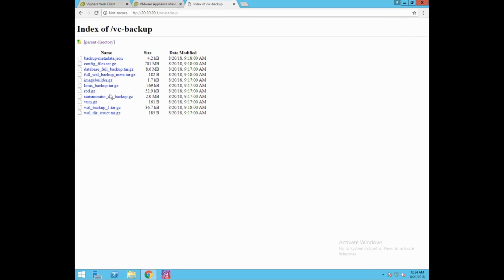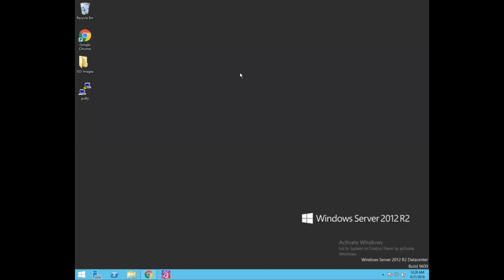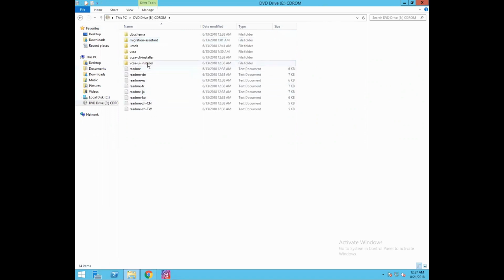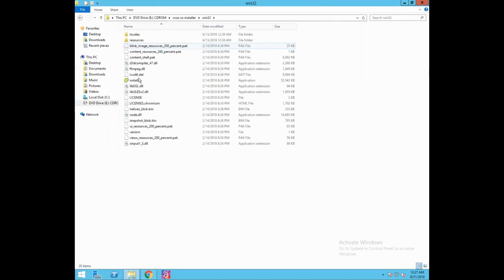Now let's move to the next step, which is restoring vCenter server. Now to perform restore operation, let's browse through our VCS 6.5 installer image. So this is our VCS 6.5 installer image. Right click on it, click on mount, and click on the VCSA UI installer, and this is our installer.